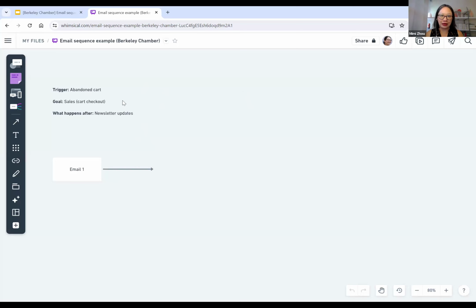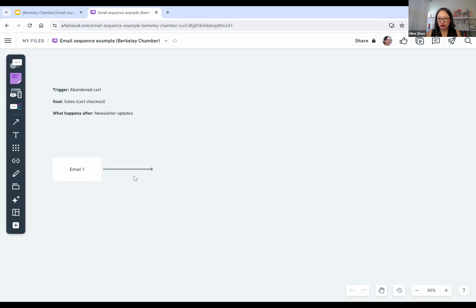This is the beginning of an abandoned cart sequence. So the trigger is action-based. It's abandoned cart. The goal is sales. I want people to go back to their cart and check out. And what happens after, if I'm an e-com store and this is my business, I would send out the occasional newsletter update. So I would keep in touch with the people even if they don't check out.